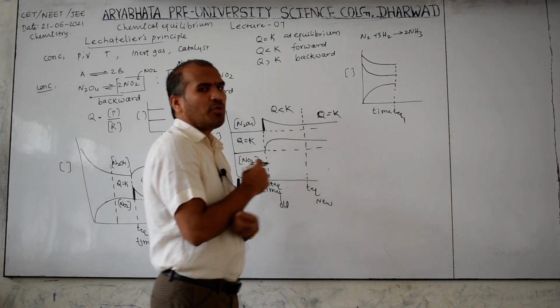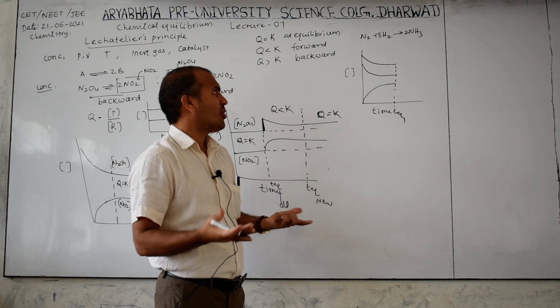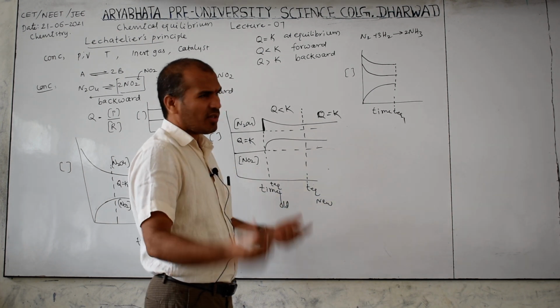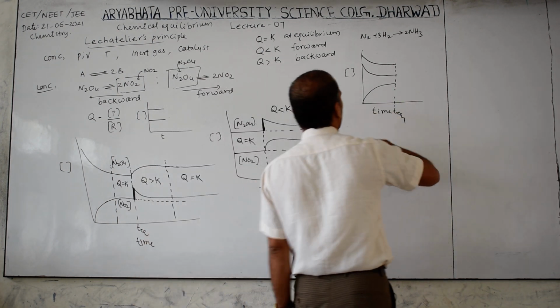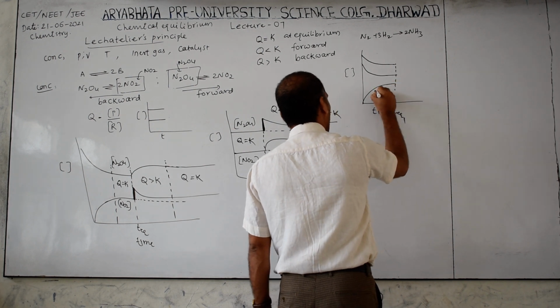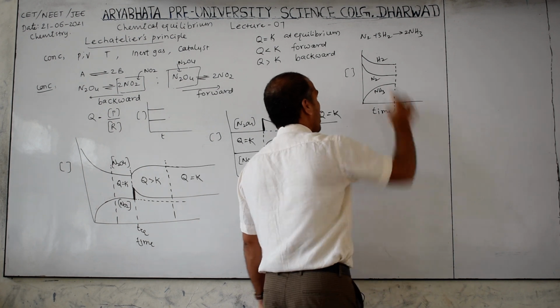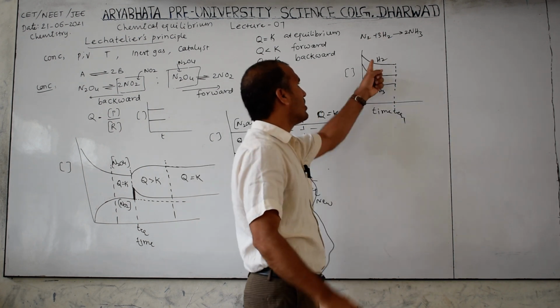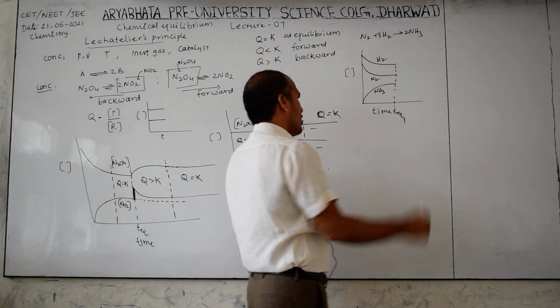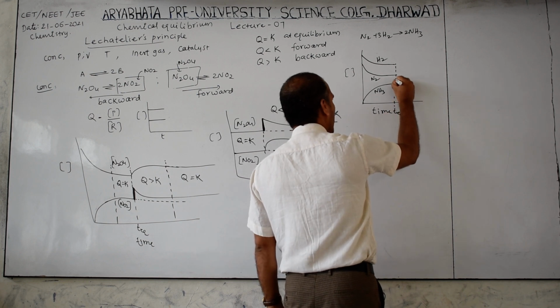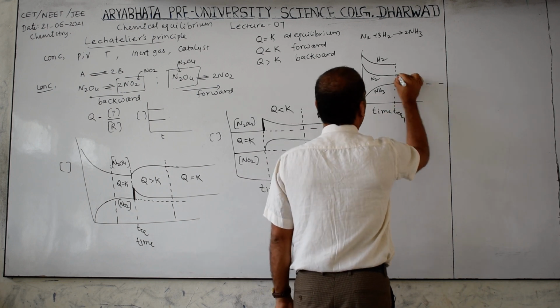Then which is added now? You only decide. For example, N2 added or H2 added, NH3 added. Anyone, consider. For example, consider only the product added. This is the product line, NH3 line. This is the N2 line. This is the H2 line. This has 3 moles. This has 1 mole. That's why I wrote this is up, this is down. So now this increases, a little bit of increase, and write this dotted line, easy to understand.